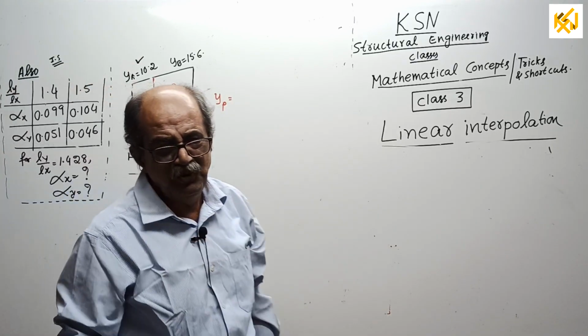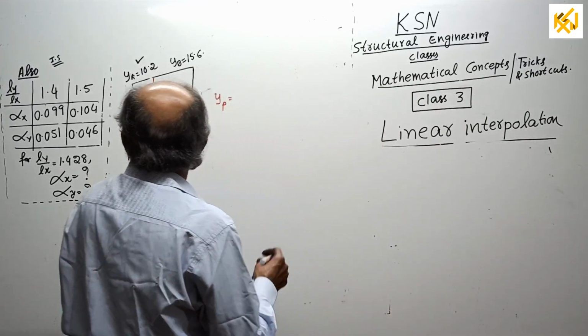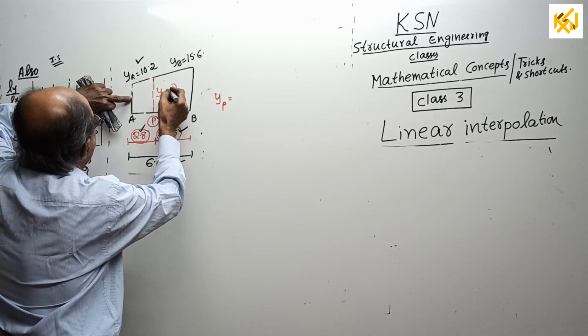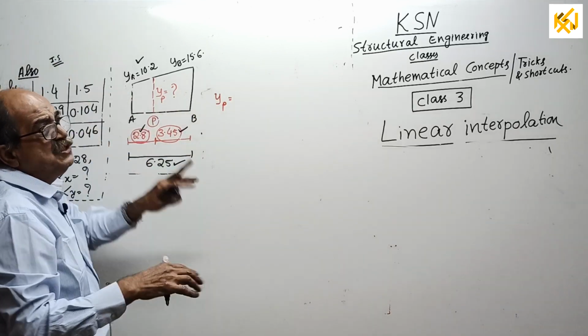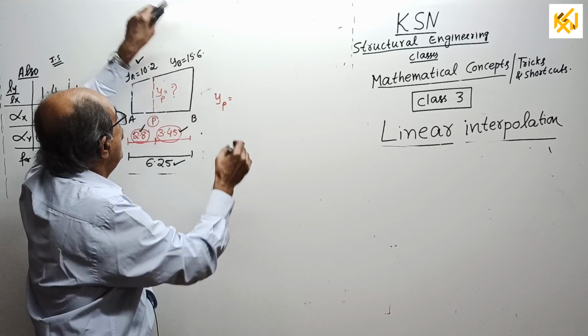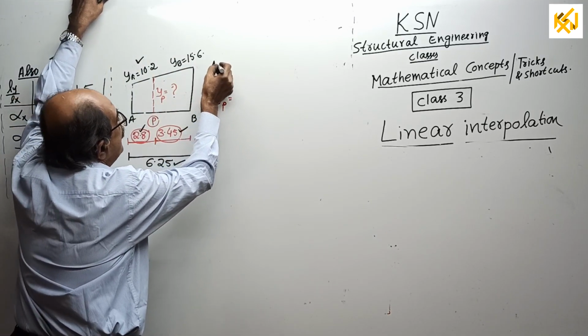After you get the grip, you will tell surely. So simple. See, now, read this one. If I want YP, you can go from A to P or B to P. It is your choice. Okay, I will do one thing now. I will calculate YP. I will start from A and go this side.